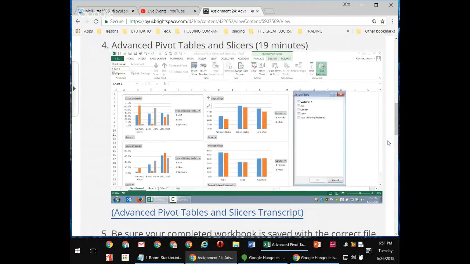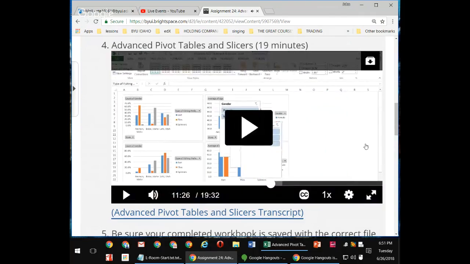When I do that, it brings up options to insert slicers. And these come from the fields that feed into this chart here. I'm going to choose 3 slicers here: gender, store, and type of fishing preferred. I'll click OK, and it created